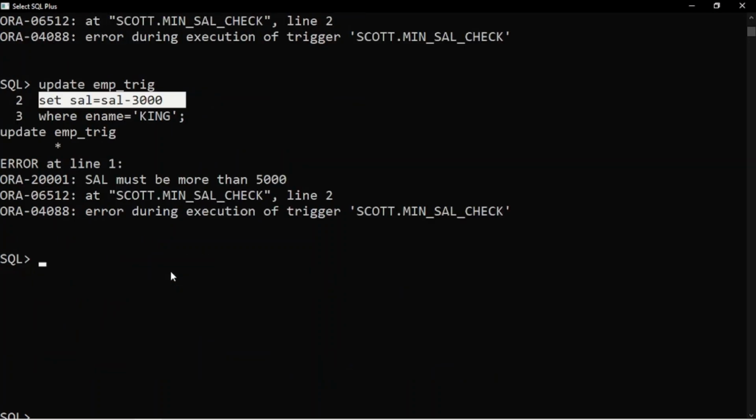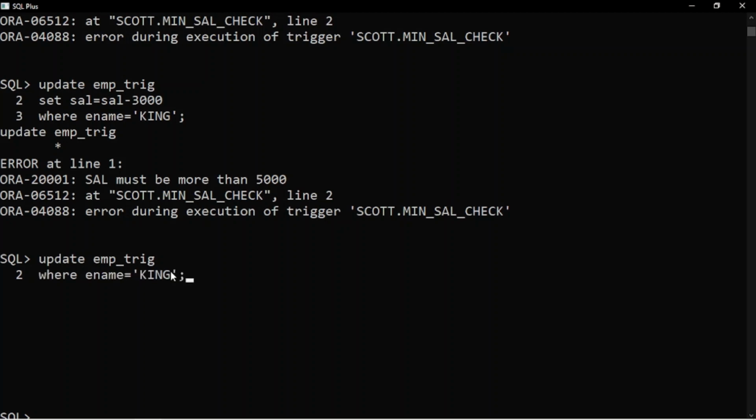Let's do something different. Suppose I am going to update salary, I am doing plus 3,000, and then plus 3,000, plus 3,000, then where condition King. It says row updated. Here the salary is more than 5,000, so the trigger is not executed.